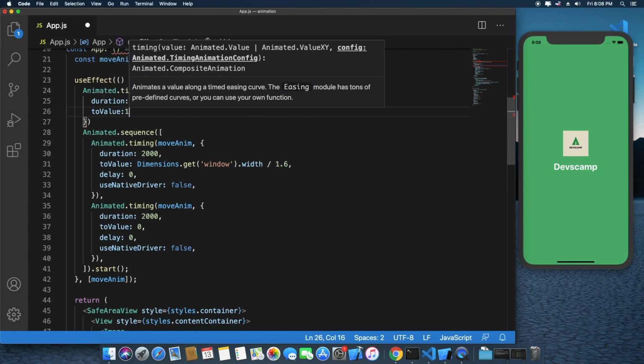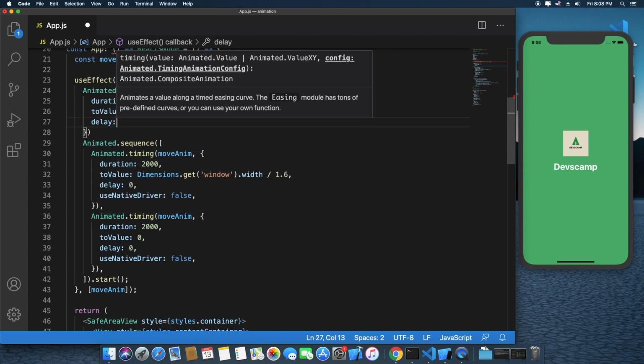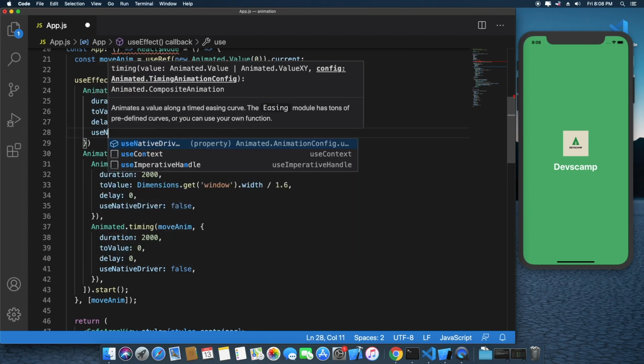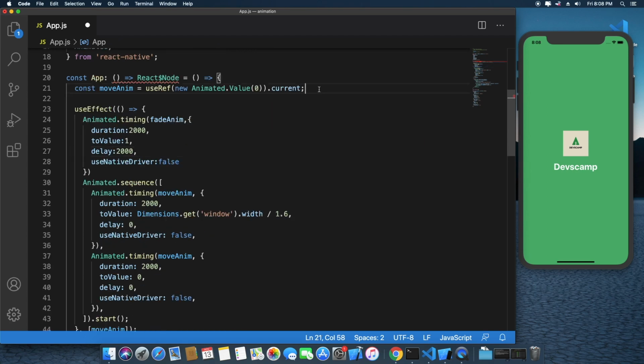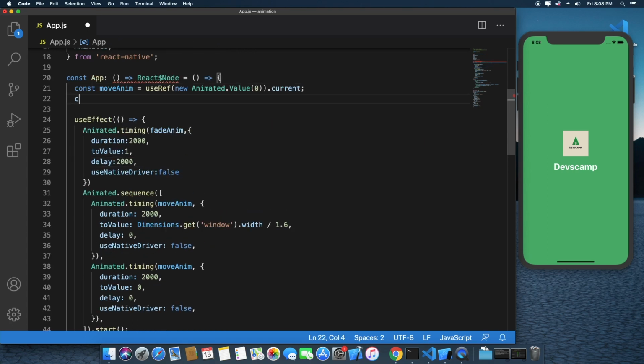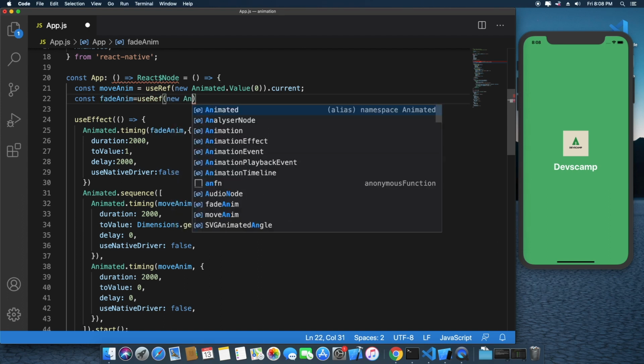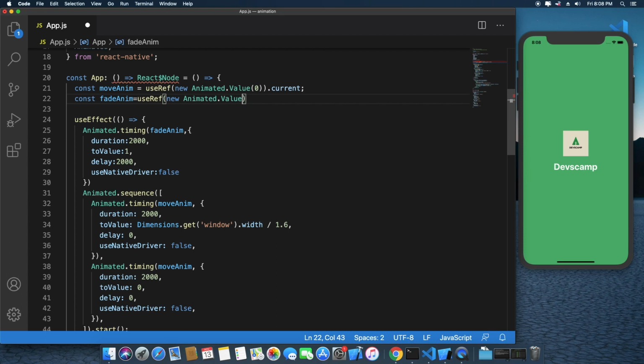Opacity is from 0 to 1, so the value is 1, and delay, let's give a delay of 2 seconds, and useNativeDriver false. And here, const fadeAnim equals useRef(new Animated.Value(0)).current,